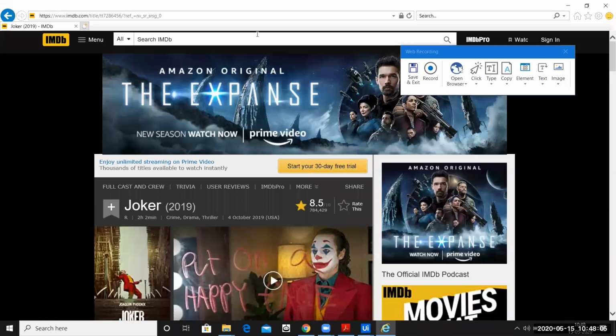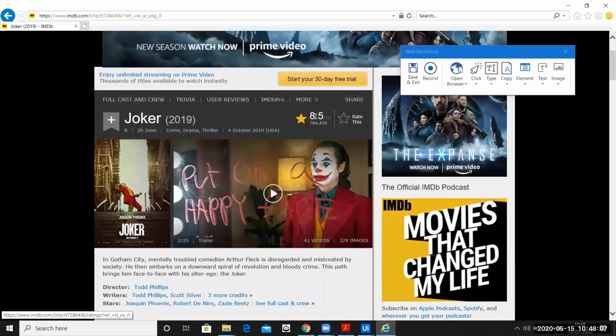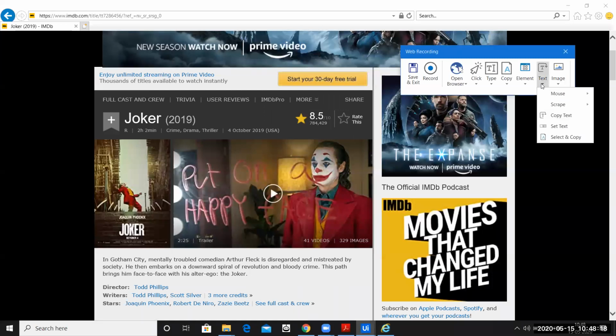Now our next thing was we need to take the movie rating. So if you remember, going back when we did this example, we had an activity. The activity name was get text. We have the same activity over here, which is copy text. So the name is a little bit different over here. In the activity panel, it was get text, and over here it is copy text, but it's exactly the same. Only the name is changing. But when you look at the UiPath Studio, the activity name would be get text itself.